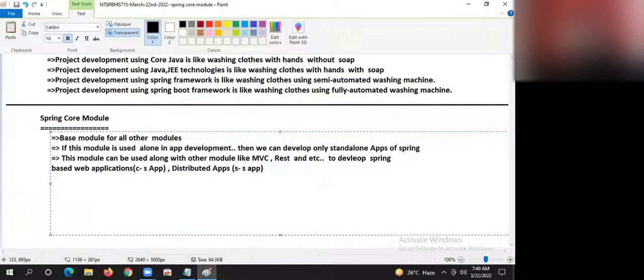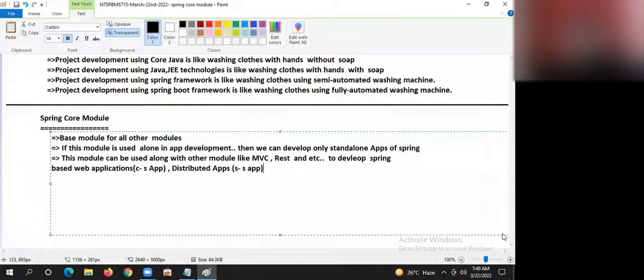Browser to Flipkart, web application. Flipkart to PayPal, distributed application. PayPal to Visa, distributed application. Visa to SBI Bank, distributed application. Amazon to PhonePe, distributed application.